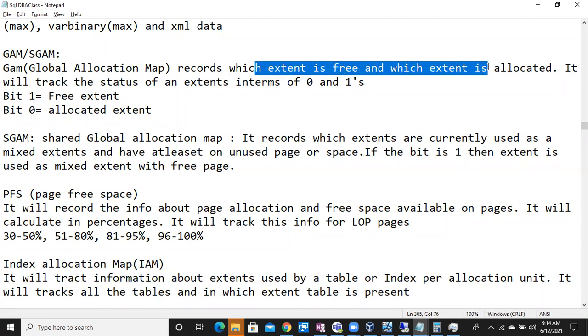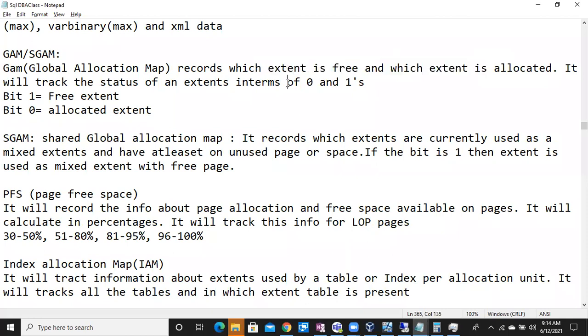Remember, guys, SQL Server is spending some storage on GAM. GAM means the resources. Why does it do this? It is going to reuse the information. What is the use of tracking all these free extents and allocated extents? Because it is going to reuse this information.